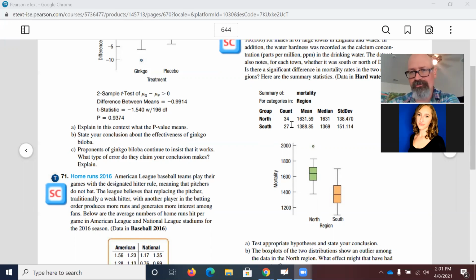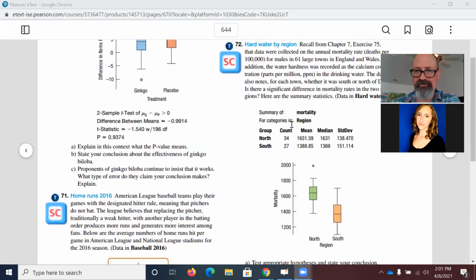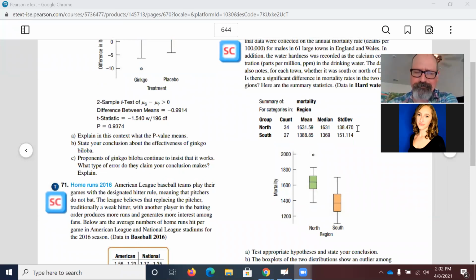There's also a question about what constitutes a large town. What's the definition of that? Do we think that, with some relatively small sample size, there really are hundreds of large towns in these two regions from which to draw a random sample? In fact, based on the description here, we don't even know that the towns were randomly selected. Possibly they were, but we would have to go back to the study. So there are a lot of questions in this problem about whether or not the techniques really even apply. We'll table those for the moment, and then try to use the techniques that we've learned so far,